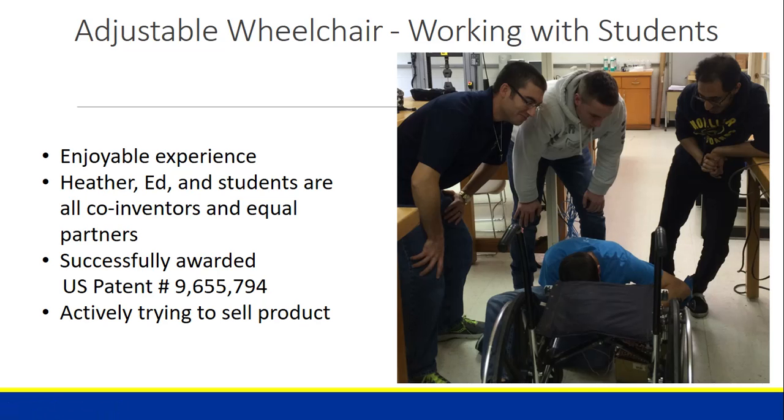So we're actively trying to sell the product, and if it ever does sell to a wheelchair company, we're going to split the profits equally. We paid for the patent on our own, so we own all the rights to it. And it was such a proud moment where we were successfully awarded U.S. patent number